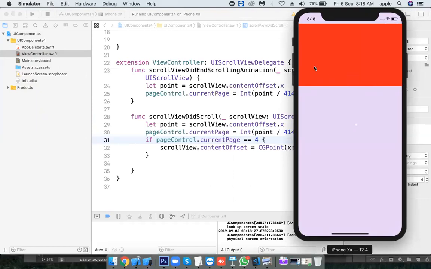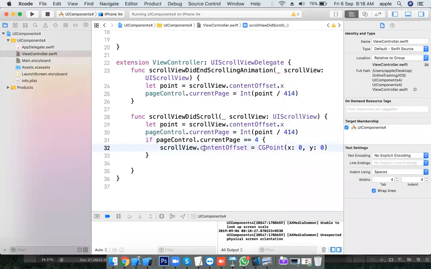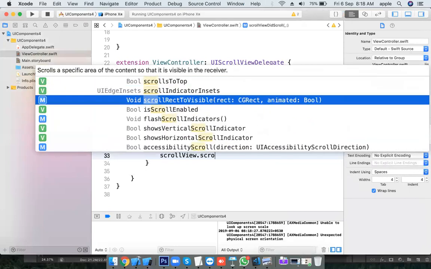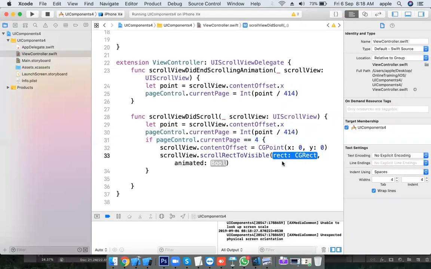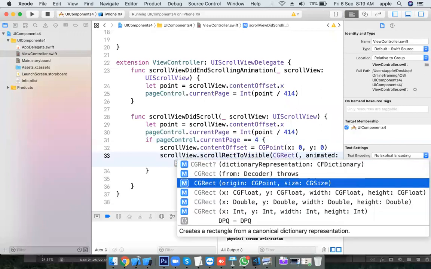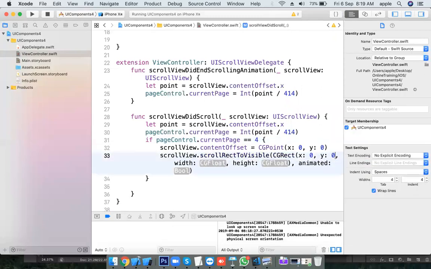Okay. We are setting content offset. It is not working. Yep, it is not working. Basically, what we can do is set the scroll view's scroll to visible rect. You can give the rectangle. Here I give a CG rect. X is 0, top y position also 0. Width we know is 414. Height, how much height? Scroll view height. Scroll view dot frame dot